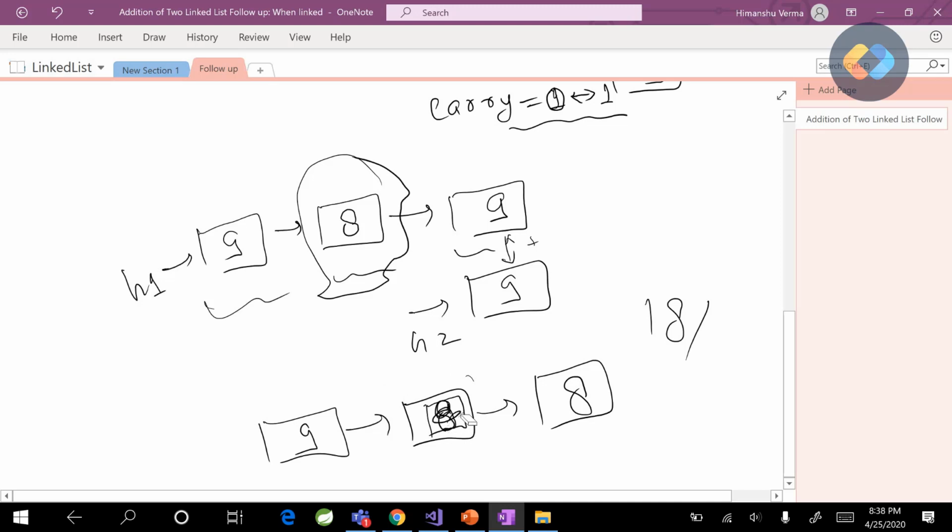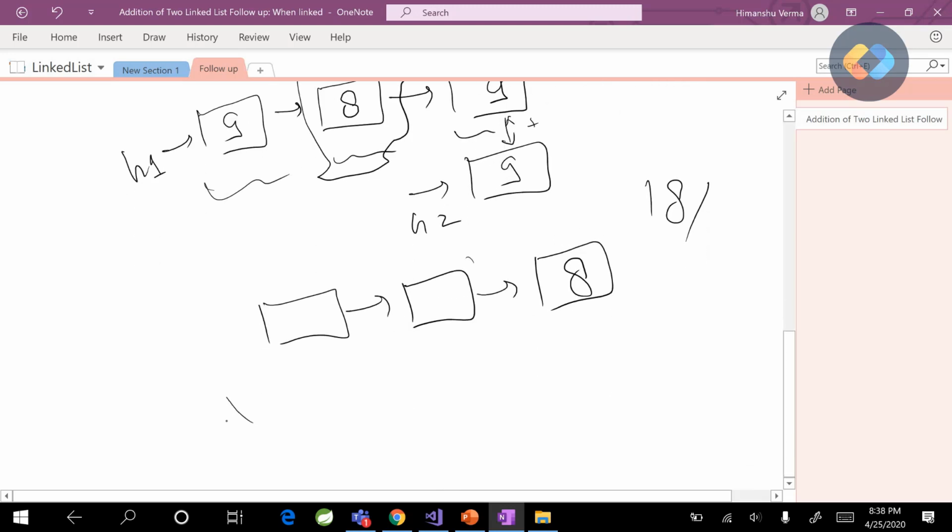So when it was 9 and we were adding these two nodes, the carry was propagating, and it was also 9, so the carry was propagating. But if this would have been 8 or 7, the carry would not have been propagated here. This would have become 8 and this would have become 10, and the carry would not have been propagated to the previous node. So let's write it down.